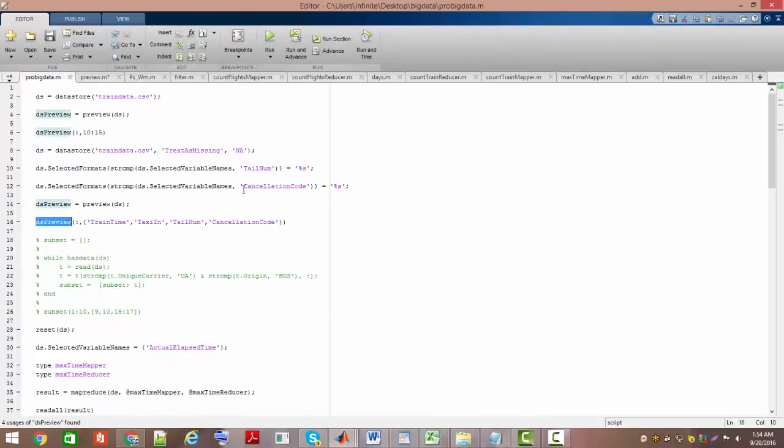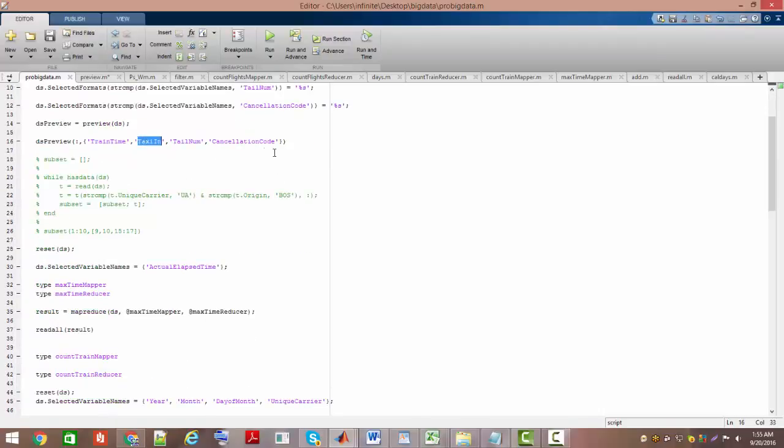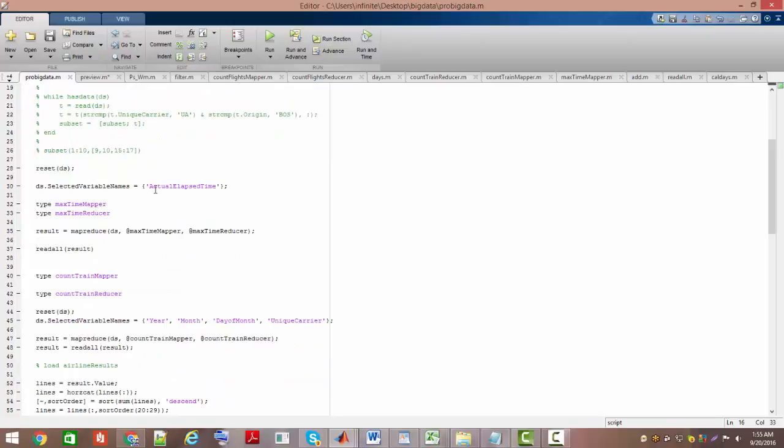So now I'm going to perform all the program. I've already told you about datastore and data preview. You would be able to see the train number as well here. You get the train time, transaction ID, cancel date, everything.